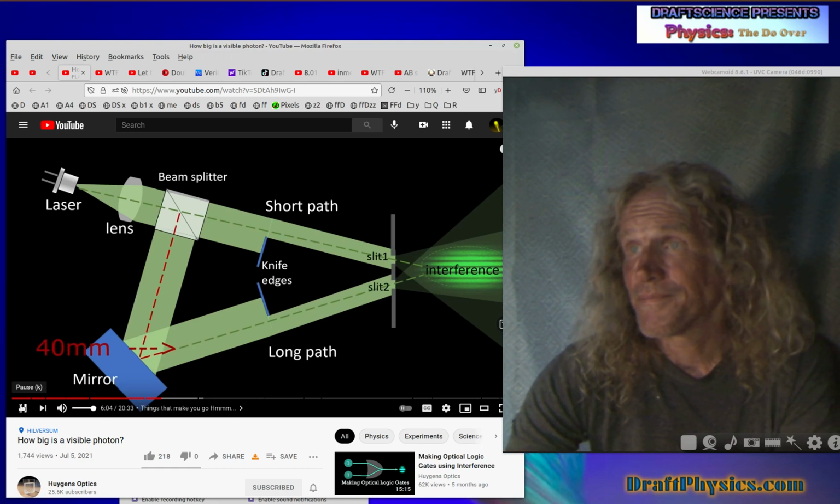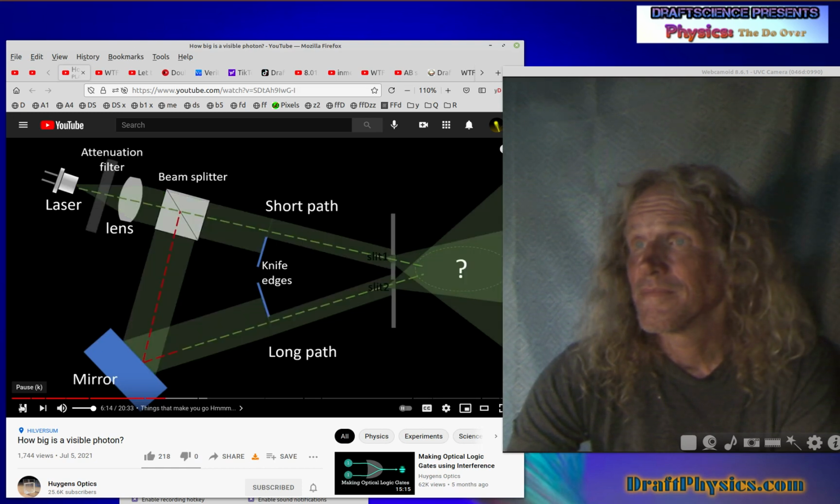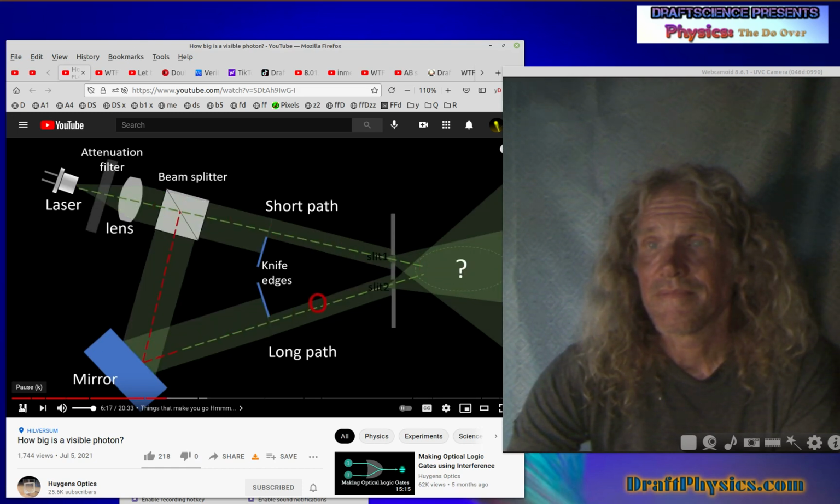Though 40 millimeters may not sound like much, this distance is equivalent to more than 75,000 wavelengths of the laser light I used. Now, when I brought down the beam power to single photon level, I didn't really know what to expect. But it turned out...